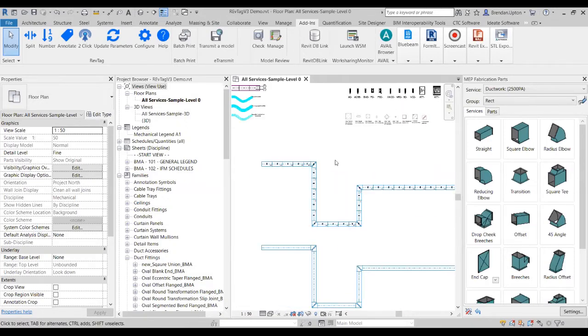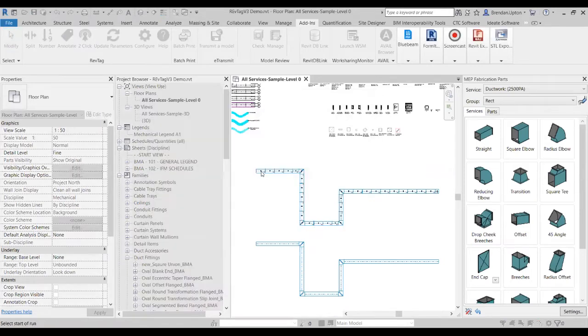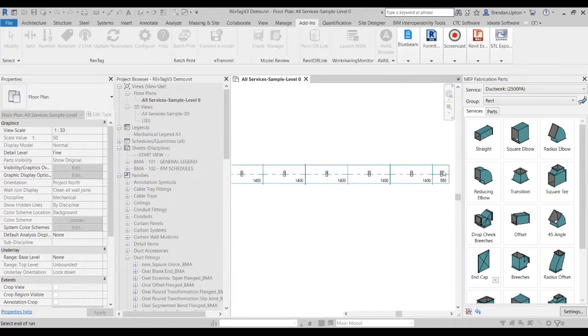Just for those of you that might be newer to the tool, I can click on my number tool, and let's quickly remedy that. I can give it a few zeros here. I want to use that label parameter. Let's pick run. And if I zoom in a little bit so you can see,